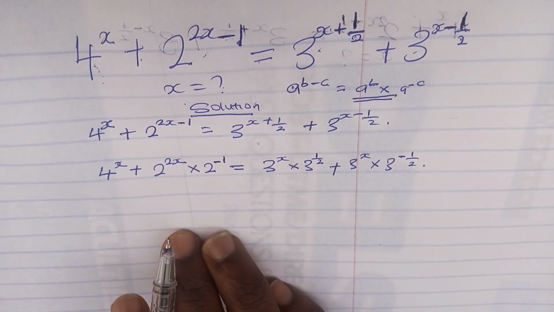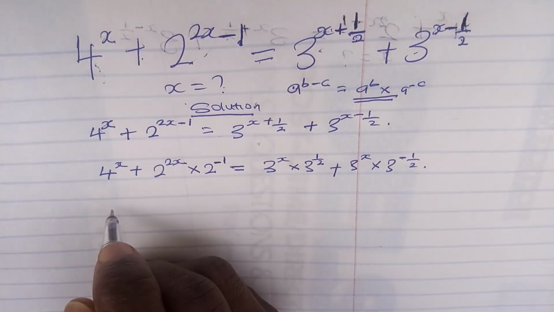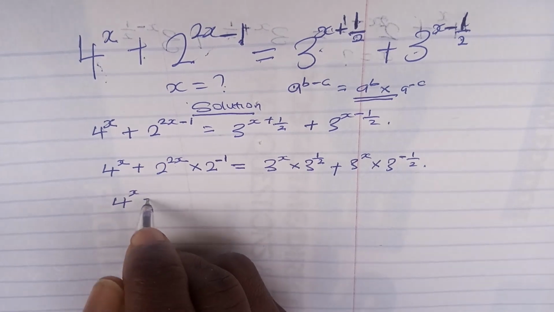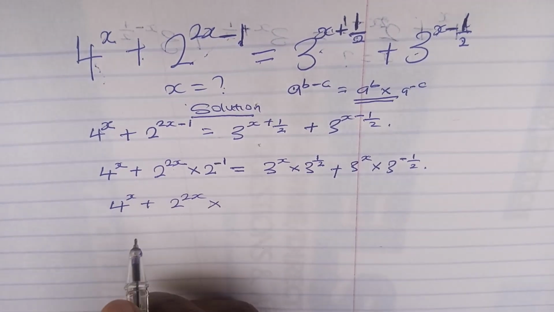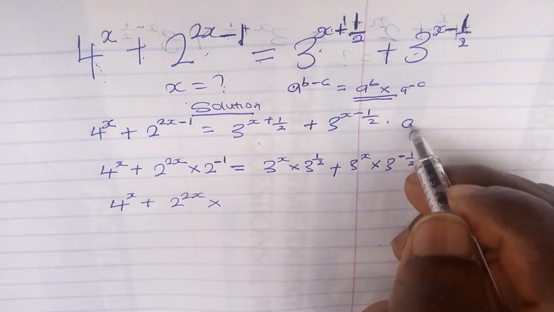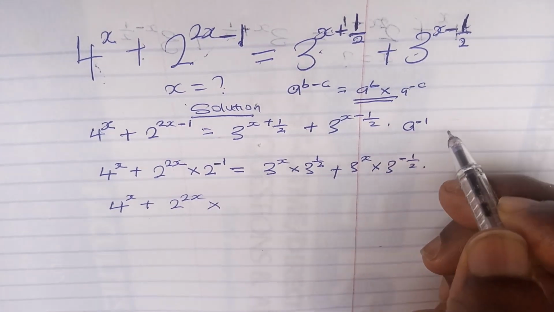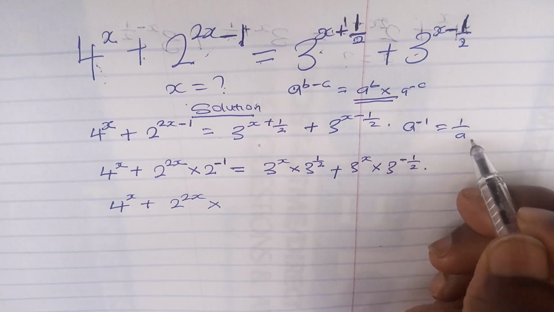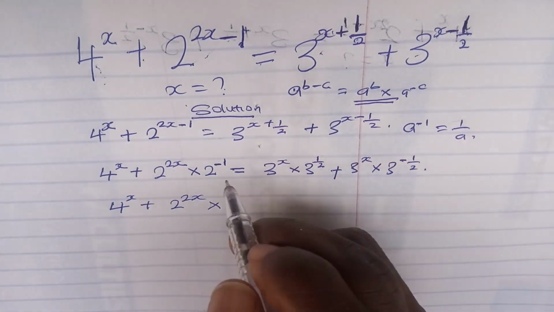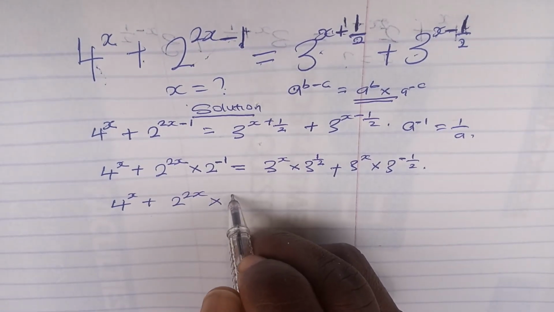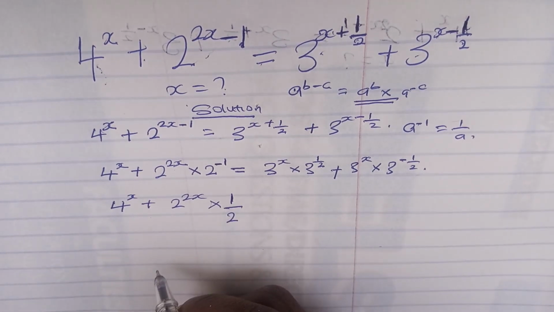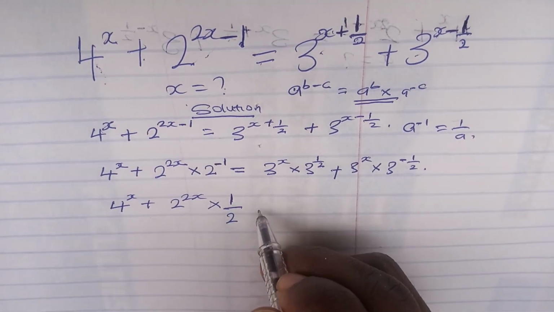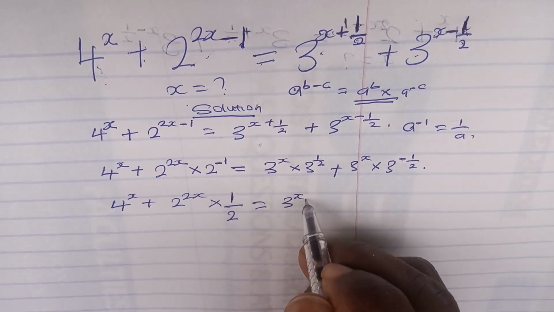Having done that, what are we simply going to do? We can write the question 4 to the power of x plus 2 to the power of 2x times, recall, if you are having a to the power of minus 1, it is also equal to 1 over a. So if we do that here, we can have this to be times 1 over 2, equals 3 to the power of x times